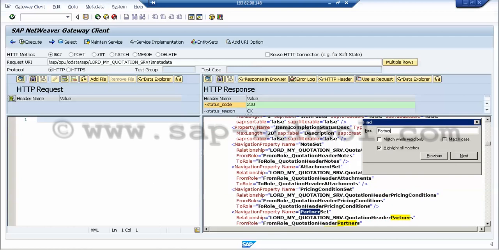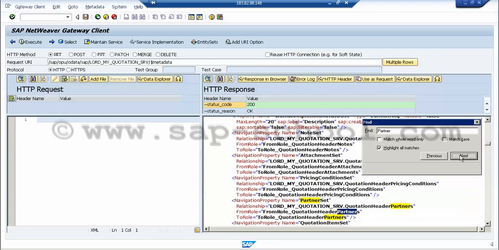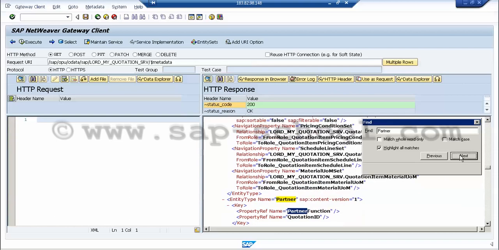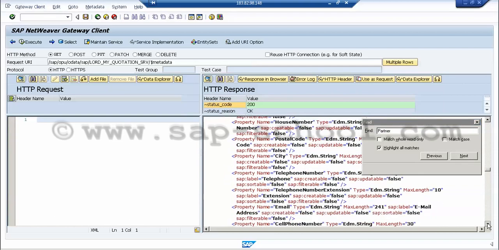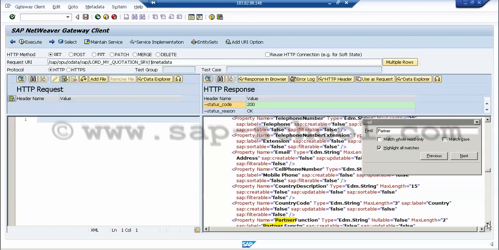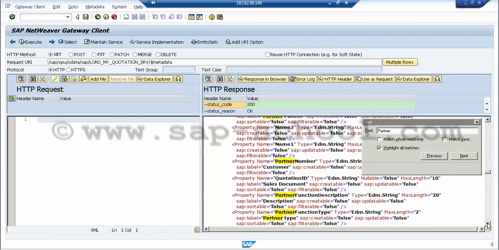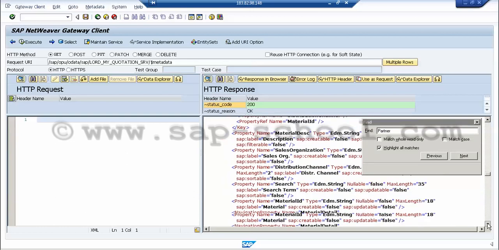So now here we can see in the partner that there is no property for the title. After that, we have to go to our service. So we have to just close this one. This is my partner set, right? So in the partner, we can see the quotation ID, we can see the postal code, and all these fields, but the title field is not there.